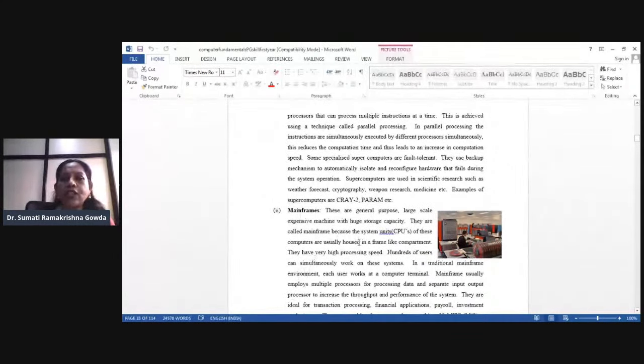Some specialized supercomputers are fault tolerant. They use a backup mechanism to automatically isolate and reconfigure hardware that fails during system operation. Supercomputers are used in scientific research such as weather forecasting, cryptography, weapon research, medicine, ISRO, defense, etc. Examples of supercomputers are Cray-2, Param, etc. See,